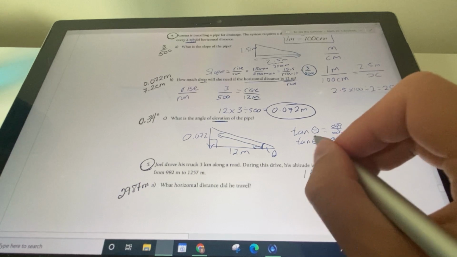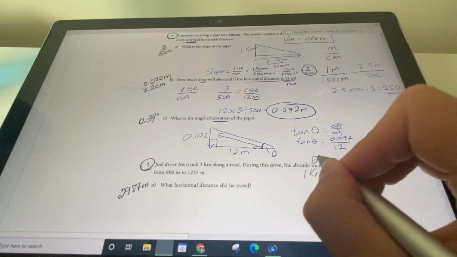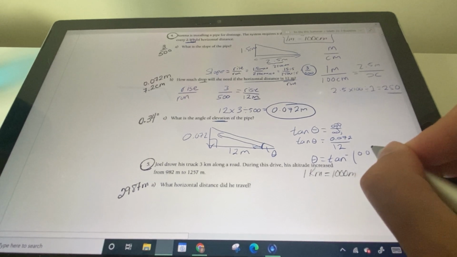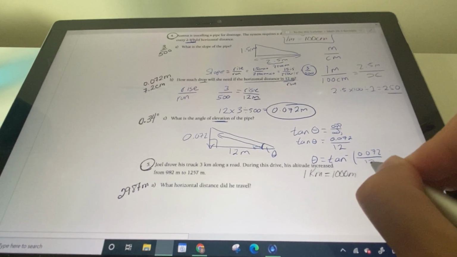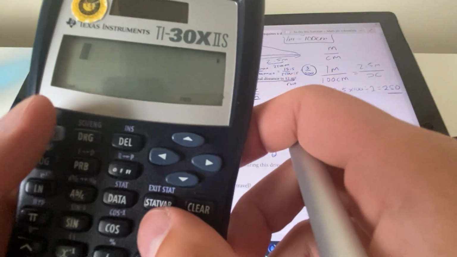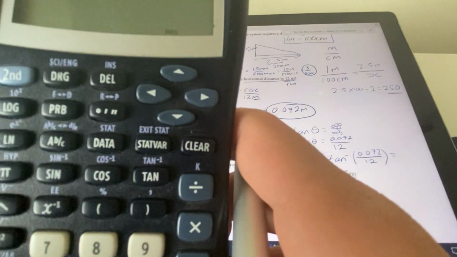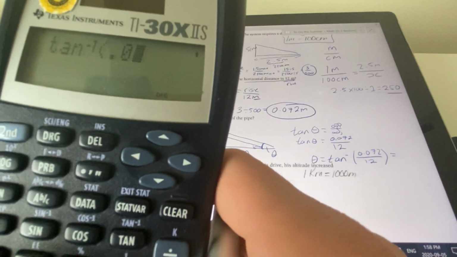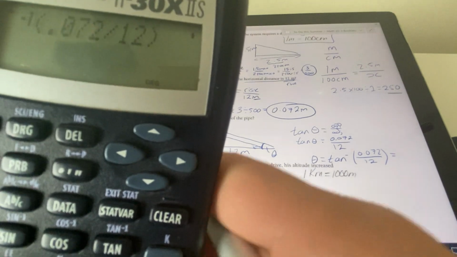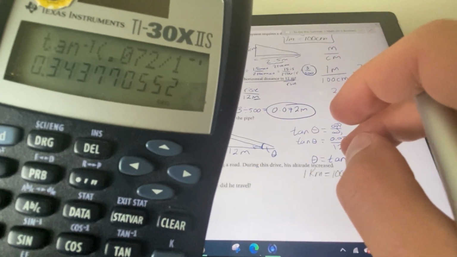And what we're going to do is, remember, we're solving for angle. So we're going to do inverse of tan, 0.072 over 12. So here, tan inverse, 0.072 over 12. And that gives me